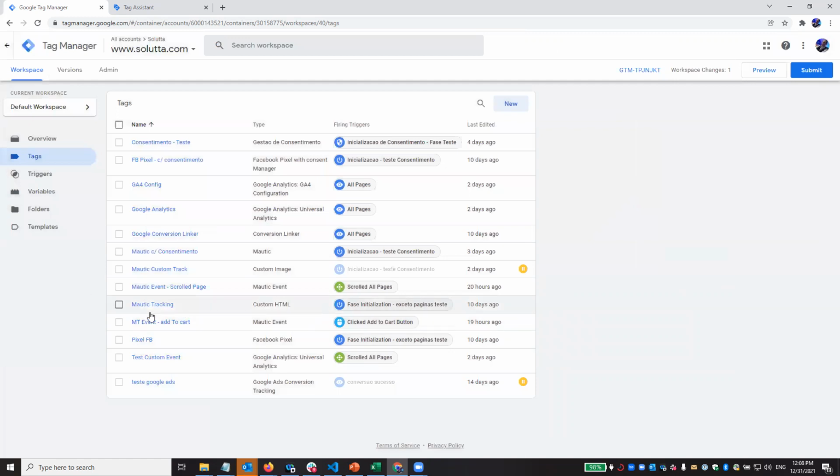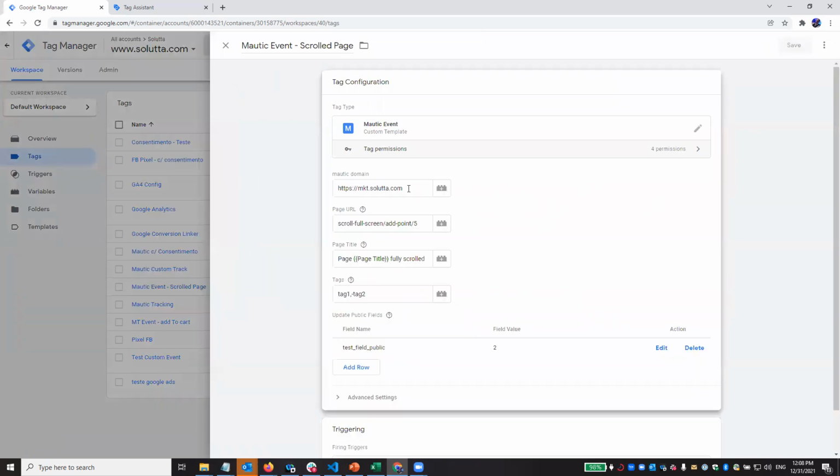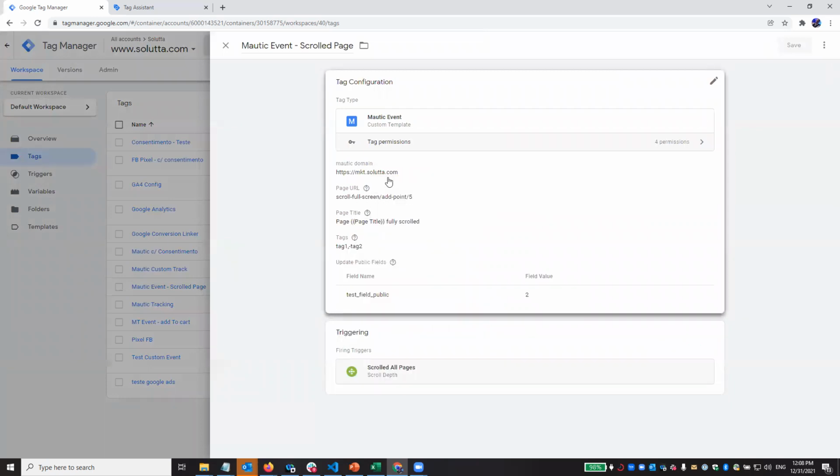What I did was create a custom tag to track Mautic events, and I'll be sharing that. I'm still finishing up some details, but I'll share it with the community. So basically, in this tag I just have to configure the Mautic URL and the page URL you want to trigger, and if you want to use the real URL, just leave it empty, and it will trigger on the actual page URL. The title, like I said, you can leave empty,